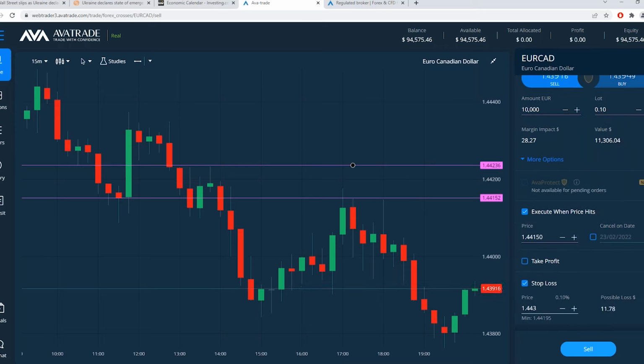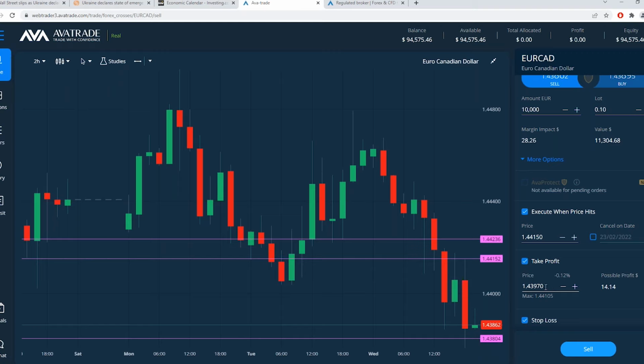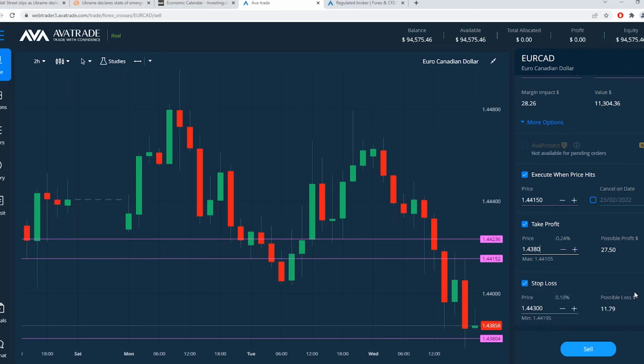144.30, so risking 15 pips. And the take profit could be, if we go to larger candles, back down just before today's low. That's above that bigger support level that we were looking at on the larger candles. So 144, or I'm sorry, 143.80, potential take profit. So now we're looking at potential profit more than double the risk by being patient and hoping that it comes up to a better entry point for you.